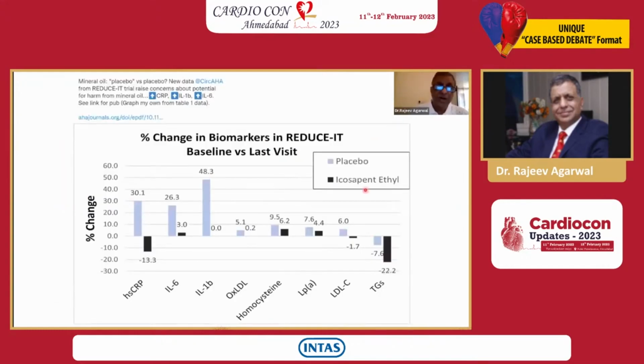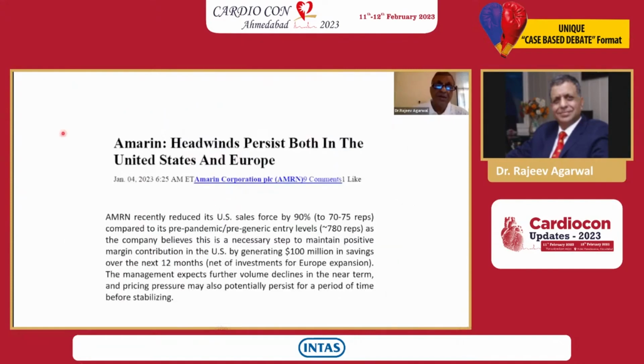And various inflammatory markers are increased, like CRP, IL-6, IL-1β. They're increased by placebo. So naturally, the EPA got an advantage over placebo, and the negative placebo made this trial probably look very strong. Amarin, which made this drug, is losing market, and they have already lost 90% of the EPA market in the United States. So this trial, although it looked very positive a couple of years back,